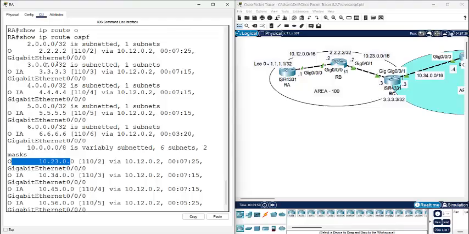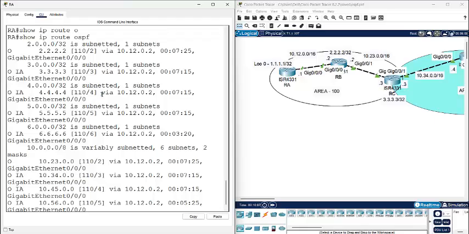Now, what is this 110? It's OSPF's administrative distance. These are all cost. OSPF calculates cost automatically